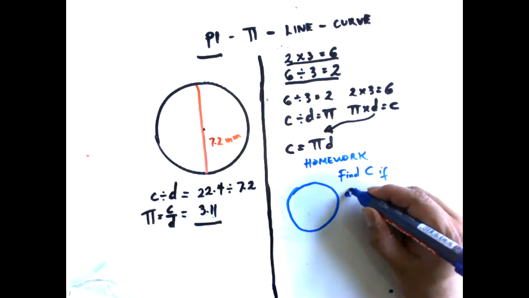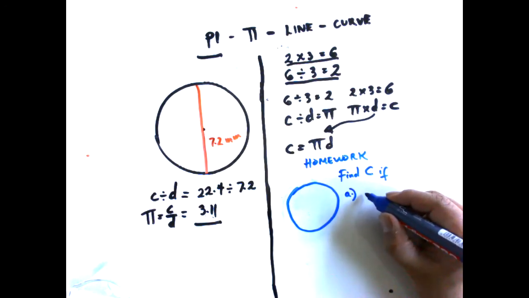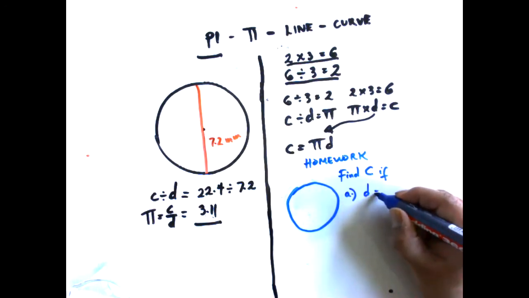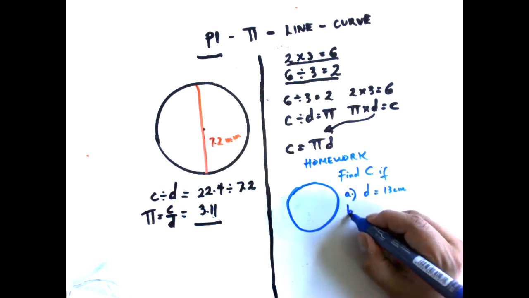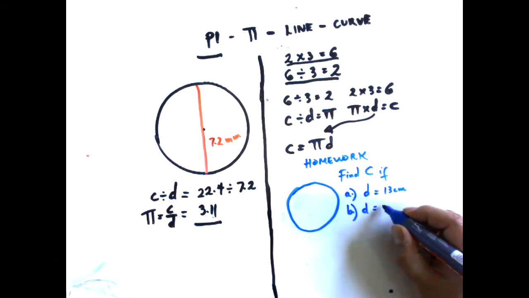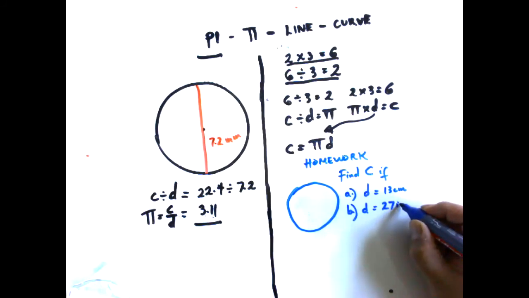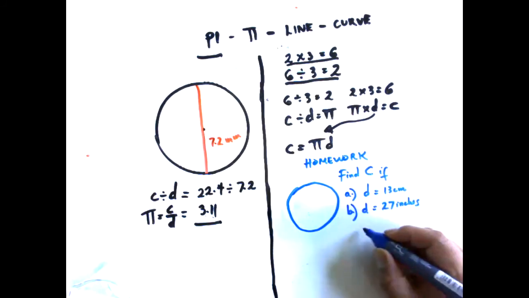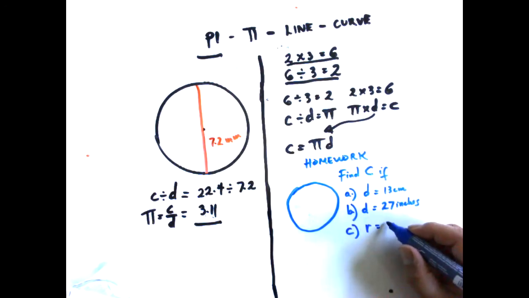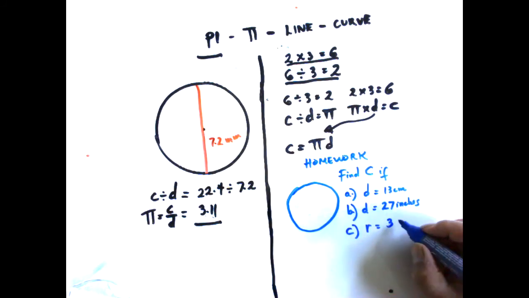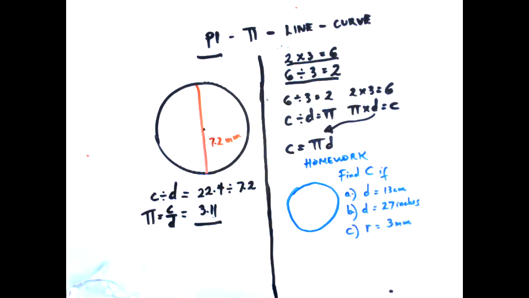A, if the diameter is 13 centimeters. B, if the diameter is 27 inches. And C, if the radius is 3 millimeters. So those are the questions that I'd like you to have a go with, and I'll see you in